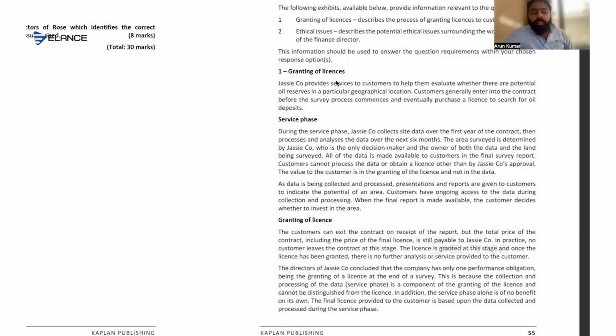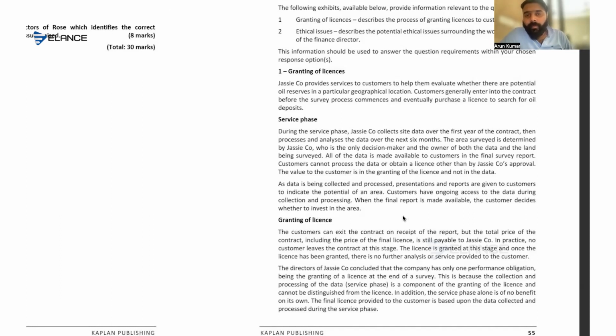So how do you recognize the revenue here? It should be a single performance obligation. Yes, because as it is mentioned that it is a very integral part, and we are not getting any further updated revenue, like any kind of separation between the two. And whatever is given, even after the service, once we grant the license, there is no further benefit happening there. Okay. So how will you recognize this? It will be recognized as a single performance obligation.